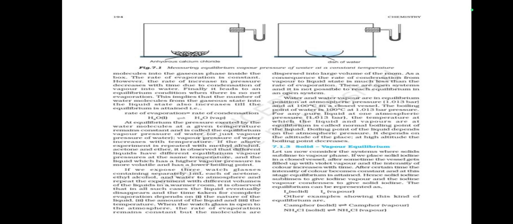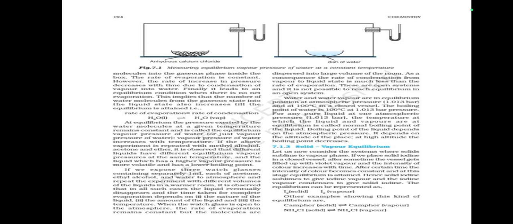At equilibrium, the pressure exerted by the water molecules at a given temperature remains constant and is called the equilibrium vapor pressure of water, or just the vapor pressure of water. Vapor pressure of water increases with temperature. If the above experiment is repeated with methyl alcohol, acetone, and ether, it is observed that different liquids have different equilibrium vapor pressures at the same temperature, and the liquid which has higher vapor pressure is more volatile and has